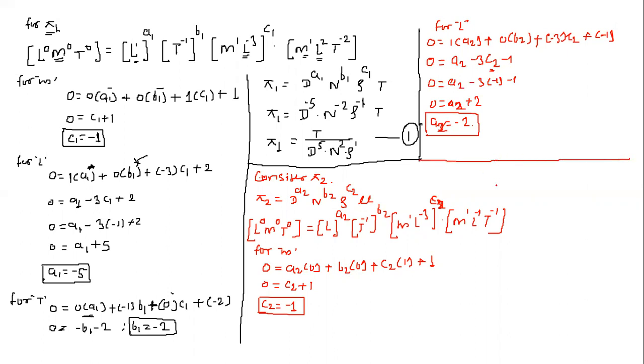Now what else remains? B2 remains. So for B2 we will be required to compare the power for the remaining variable, that is the remaining basic or fundamental dimension, that is T. So we are going to compare now the power for T, for time T. So left hand side as usual is 0 is equal to A. In the first, in A2, is T there? No, sir. So that will be 0 directly.